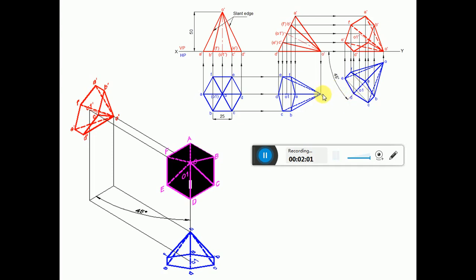Then by using the compass you measure the length from O to D and transfer it on that 45 degree line from O to get this point D. Similarly, you measure the distance from O to A, and from the same point O you mark it on the 45 degree line to get this point A. Then you measure the length from O to this point. From O you cut an arc on that 45 degree line, on the OD line, to get this point here.